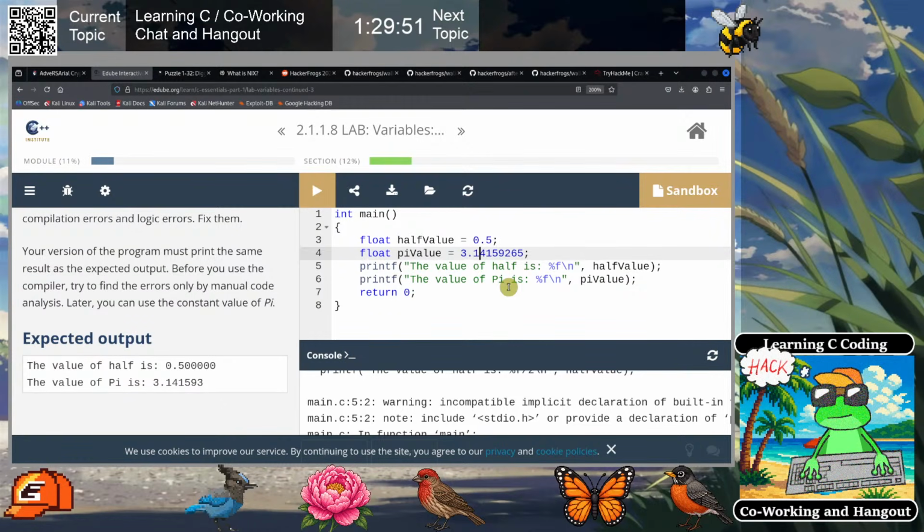Oh, maybe there are too many digits. 1, 2, 3, 4, 5, 6, 7, 8. Okay, so there are too many digits for a float here. So I guess what we need to do is edit this so it's the correct number